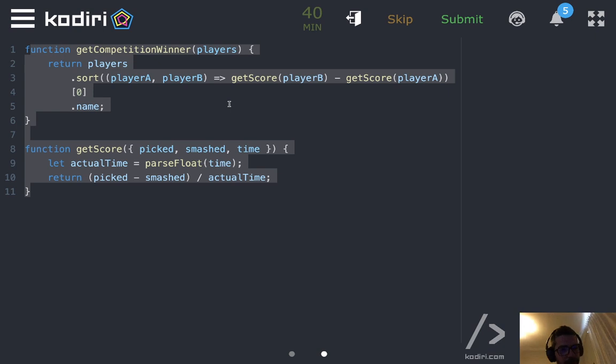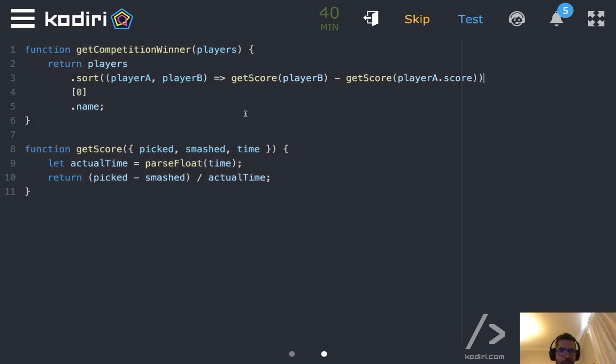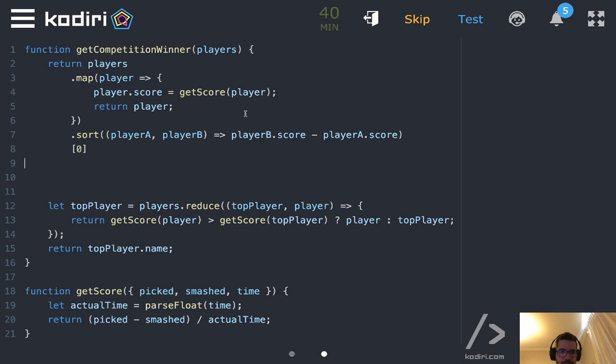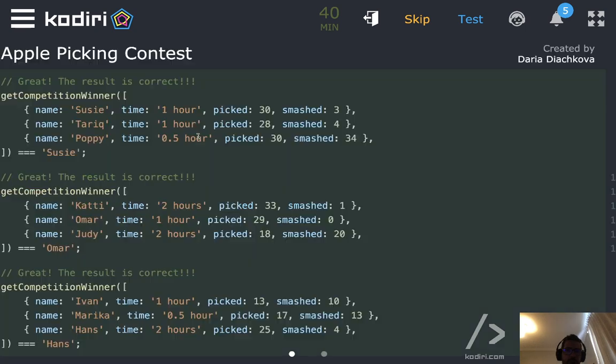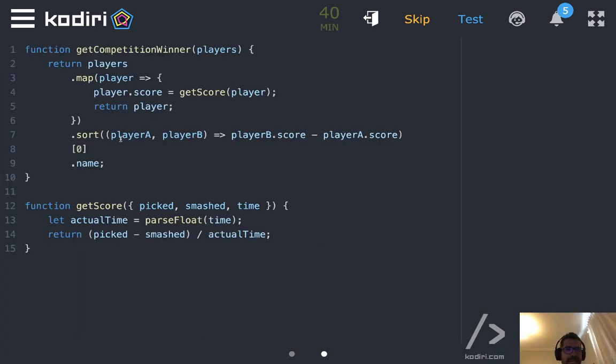Okay, yeah, fair enough. So the reduce is the first one I presented, but let's ignore the reduce approach for now. So in between this style and the one I presented before, which was something like that, do you prefer to map to get the score and then sort, or do you prefer to skip the map step and then sort directly by calling getScore all the time?